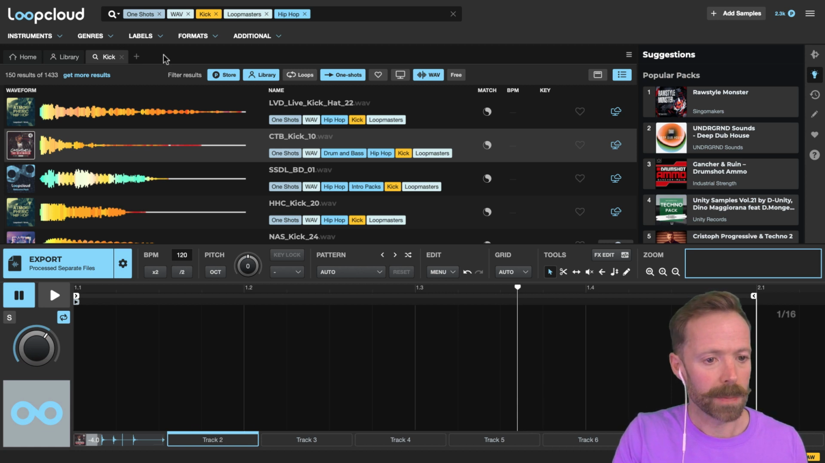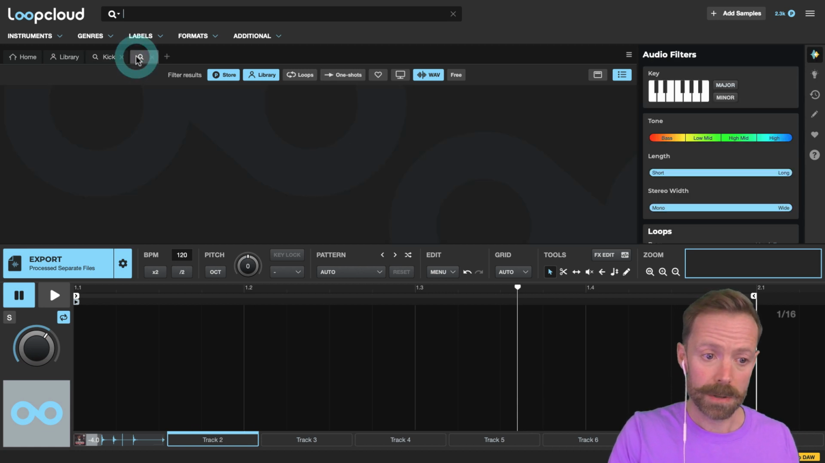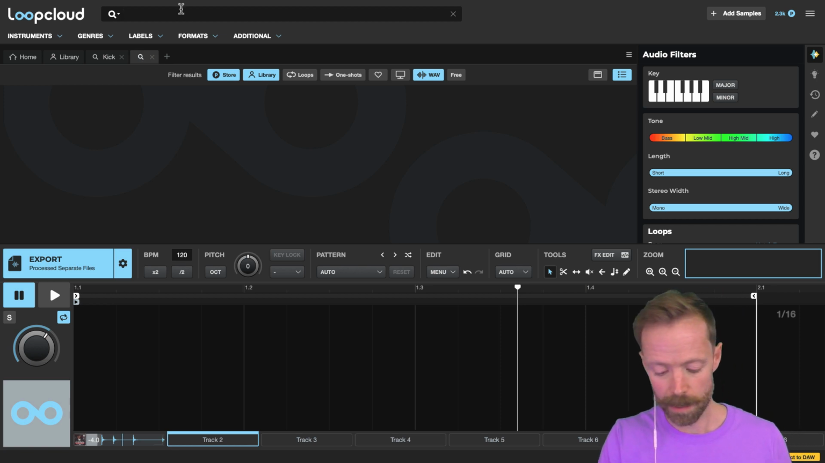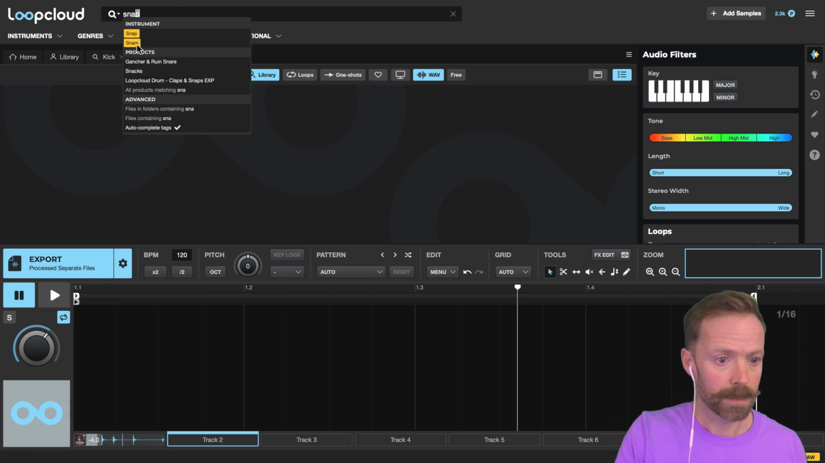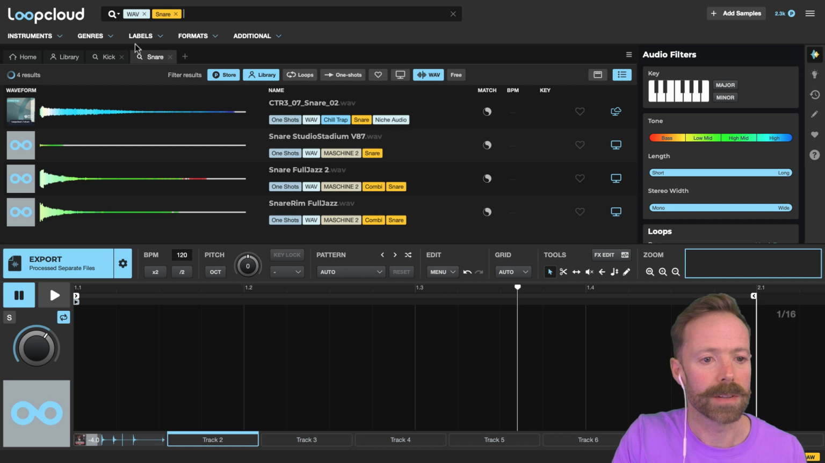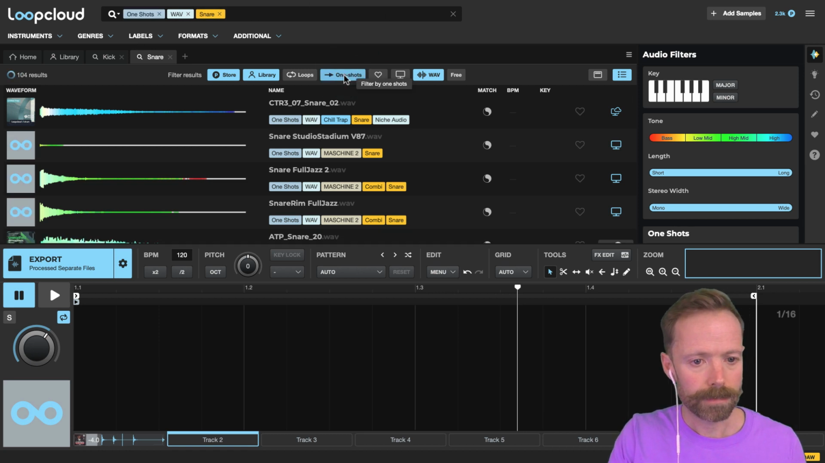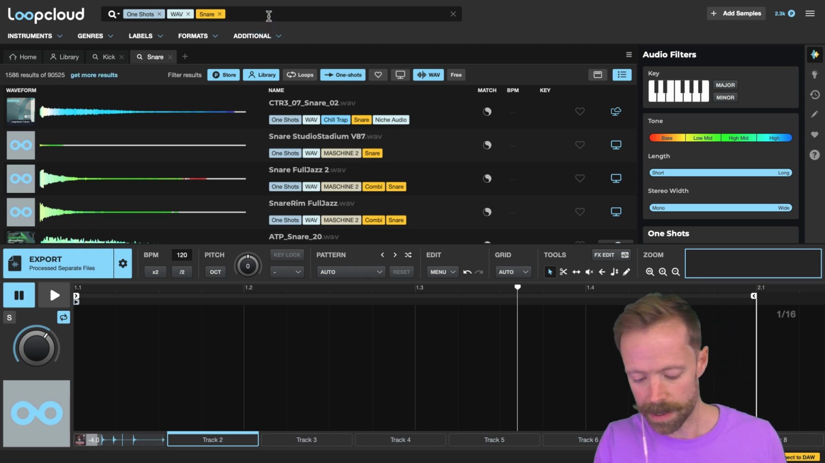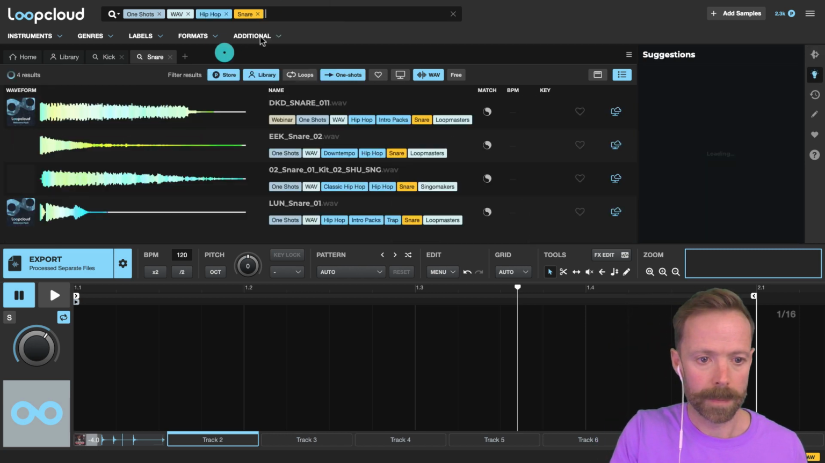And the way we can do that is by coming up to the top here, starting a new search. Now we're going to look for snare one-shots. So click on the snare tag, click on one-shots. And again, I'm going to search for hip hop and